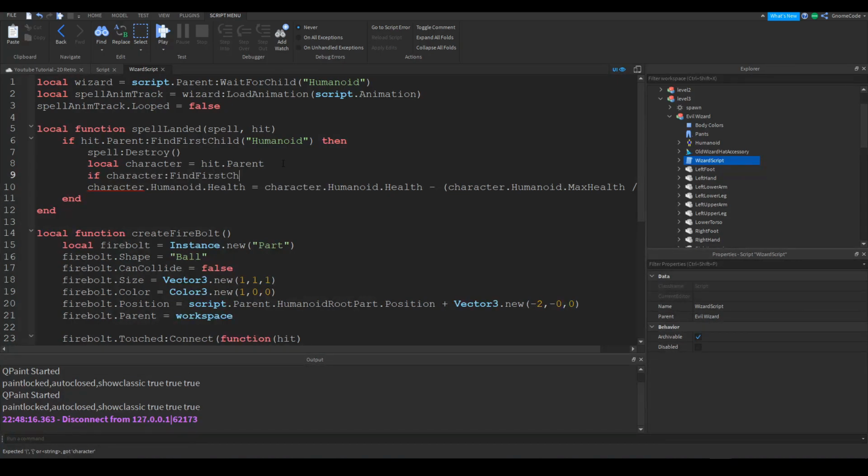find first child, and this time instead of looking for the humanoid like up here, we want to look for that enchanted value we added. So we'll see if enchanted exists, and then we want to see if it's true. So we'll say and character dot enchanted dot value equals, it's comparison, true. Then